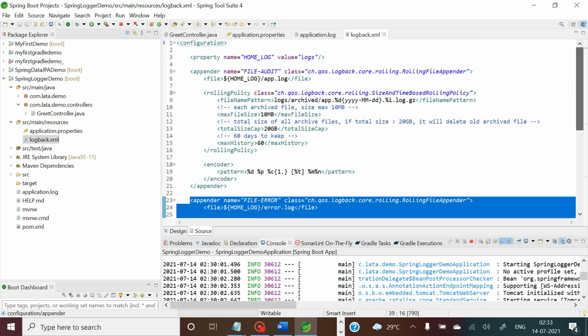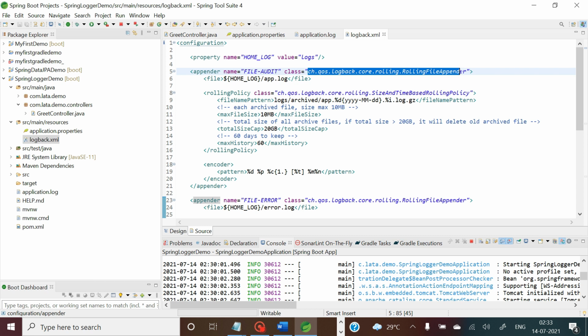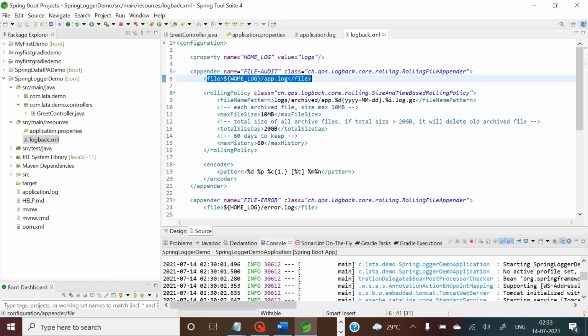So here file audit is the name, and this is the inbuilt class that you have to use. This is from logback, and logback framework dependencies are also added in your Spring Boot application by default. So this rolling file appender is something that you have to use for maintaining successful logs, and here you have specified the file name in which all the successful logs will be maintained automatically.